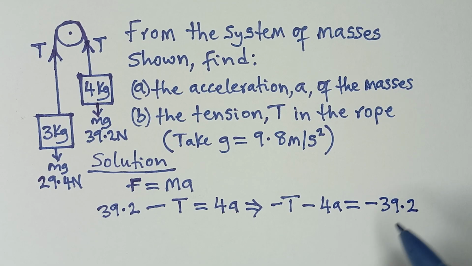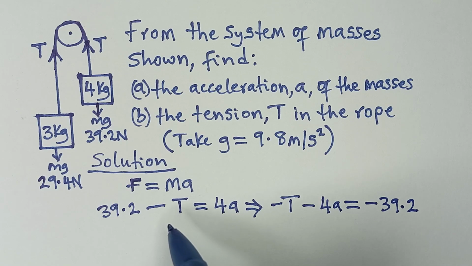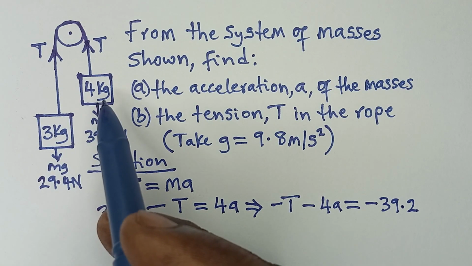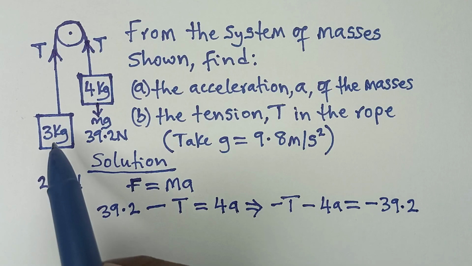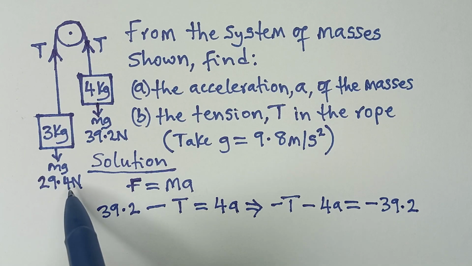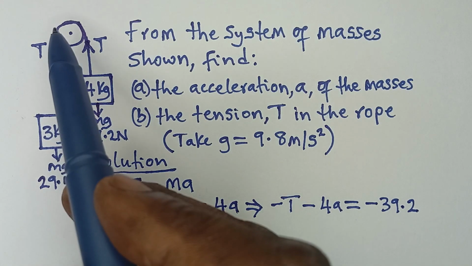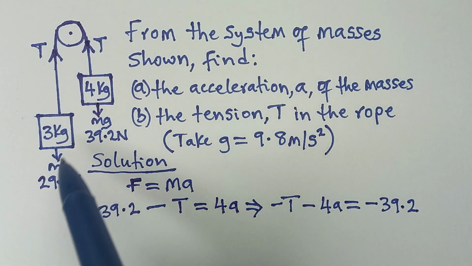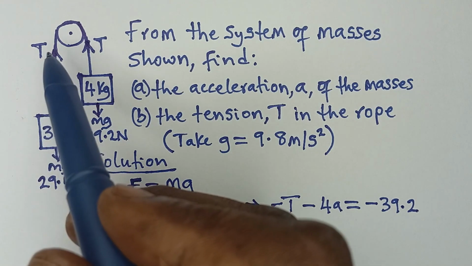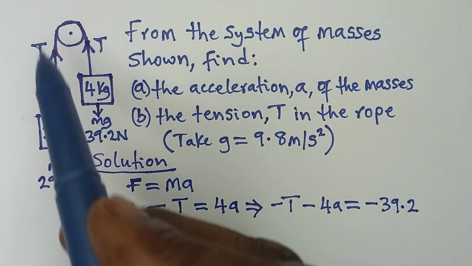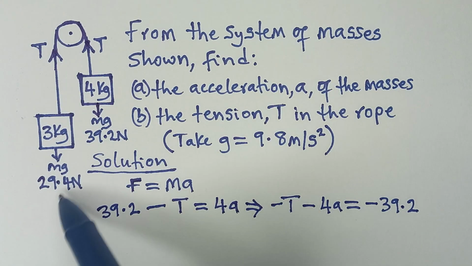So don't forget that. Now when we move to the other object, the 4 kilogram mass, let's come to the 3 kilogram mass. The force with which it goes down, which is the weight downward, is 29.4. The tension upward, which is T, is definitely greater than the weight downward because this 3 kilogram mass will move upward. So it means that the pulling force upward, which is the tension, is greater than the downward force,